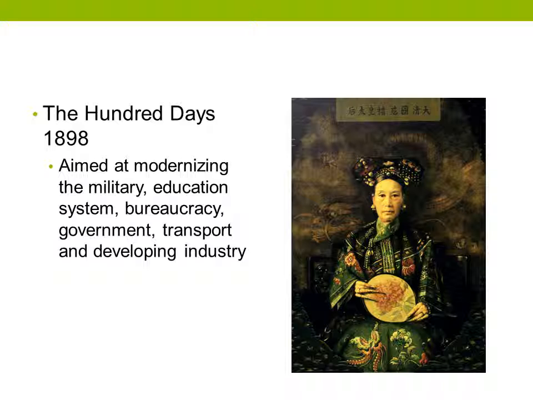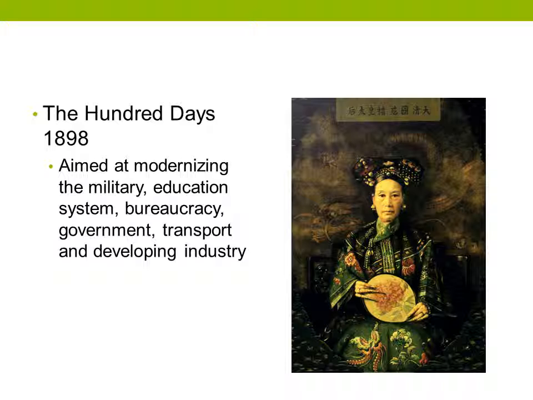Developing the transport. And one of the really important things about transport is that it provides communication between different parts of the country. China is massive. It is a very, very large country. And one of the reasons why you can have regionalism develop is because the government is not able to extend its reach out into the more frontier areas. By improving transport, building more roads, building canals, building especially railroads,